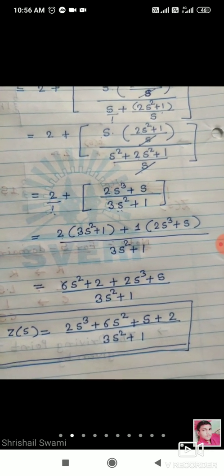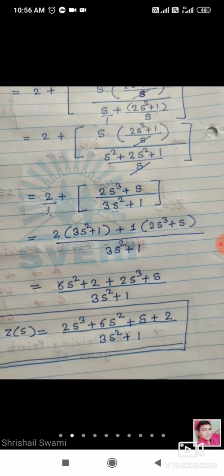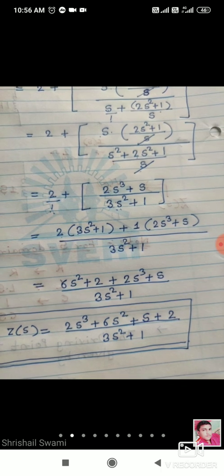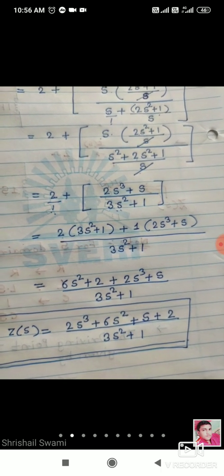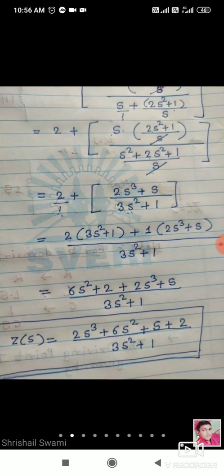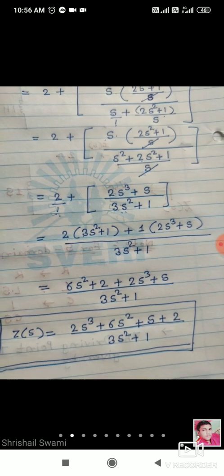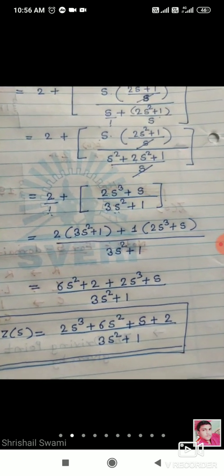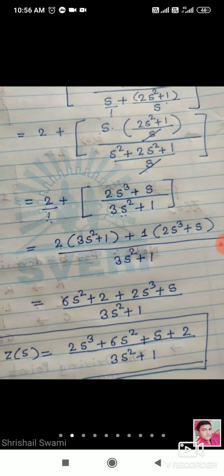Okay, so properly use the mathematical concept, क्रॉस मल्टिप्लिकेशन म्हणा किंवा मल्टिप्लिकेशन म्हणा, ऍडिशन म्हणा. So properly do it, you will get the correct answer. It's totally in your hand, how you are doing the mathematical expression, how you are going to deal with that. So we are going to continue with the second problem now.